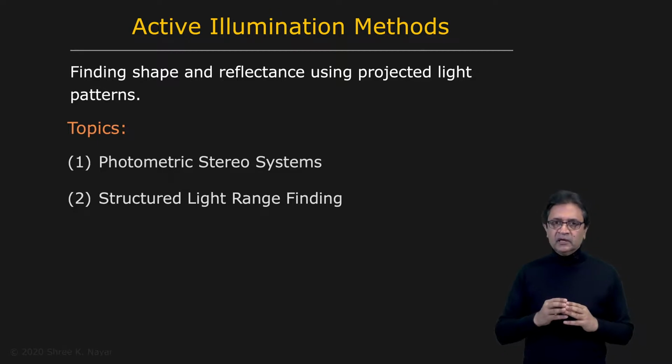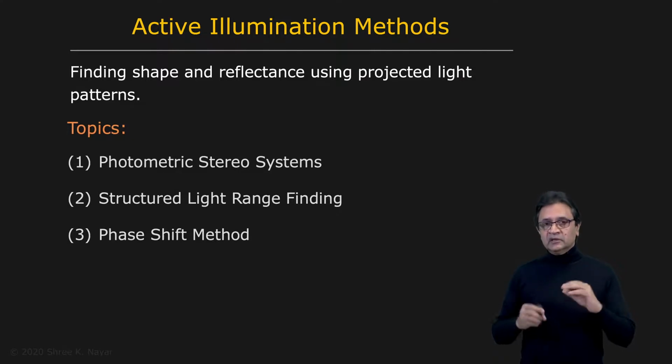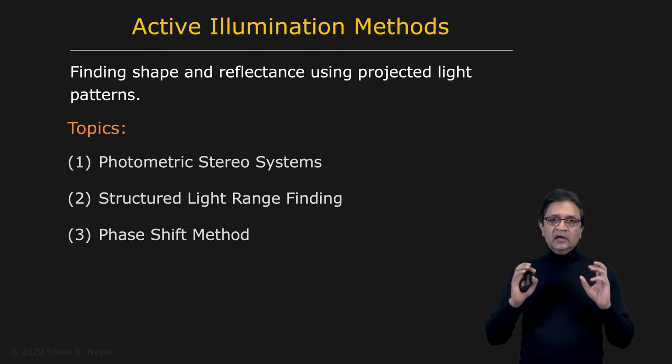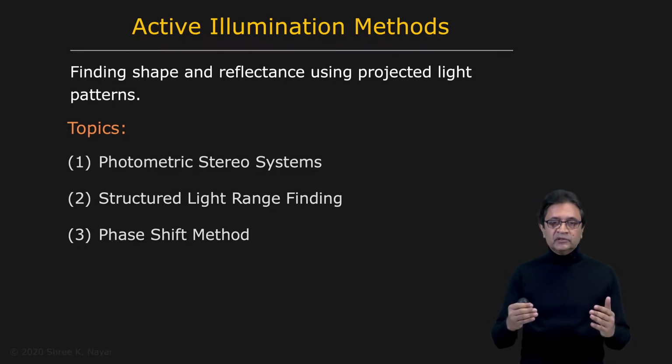Once we do that, we're going to look at how we might use continuous brightness patterns, that is, light patterns that are continuous functions of brightness. It turns out that you can construct such a pattern and then simply shift the phase of the pattern in order to capture multiple images and reconstruct the three-dimensional structure of the scene. This technique is called phase shifting.